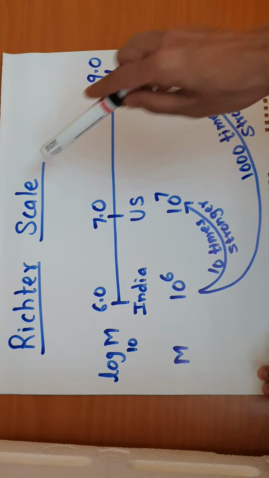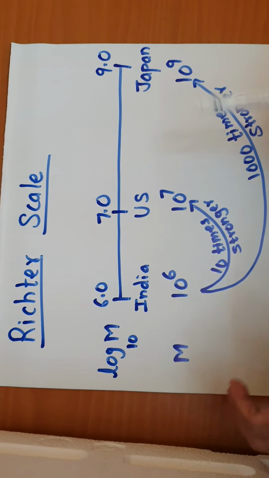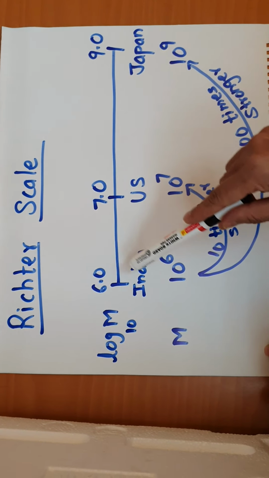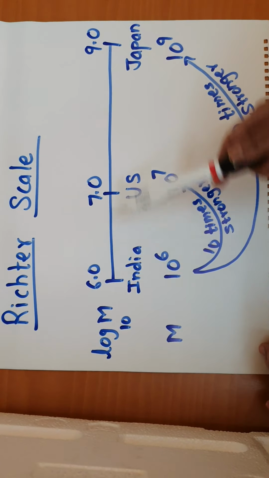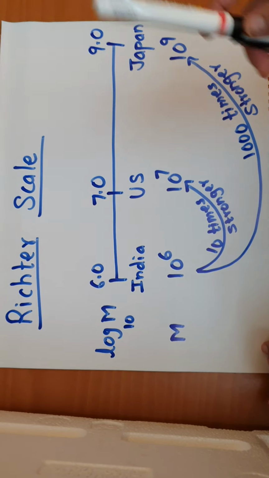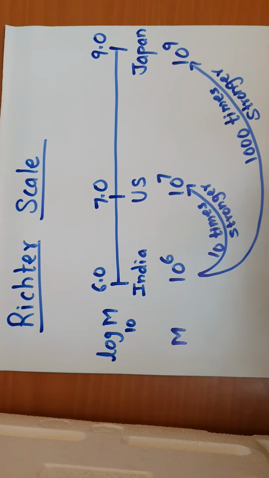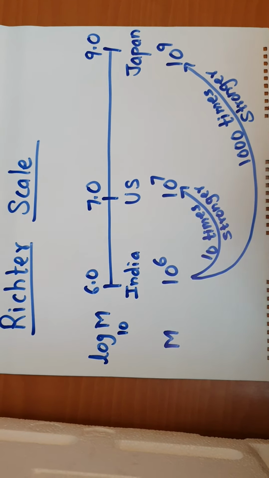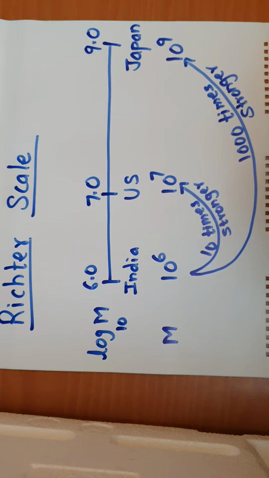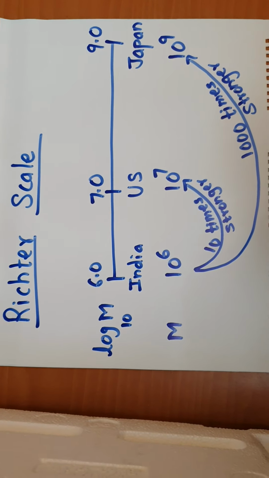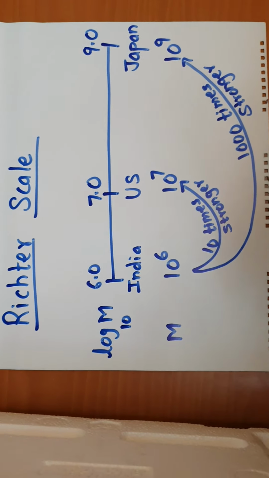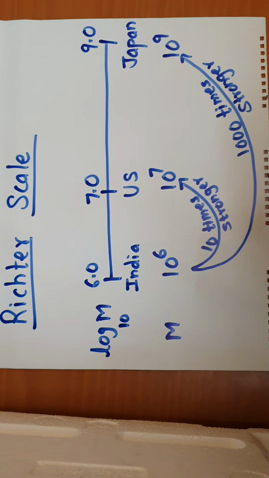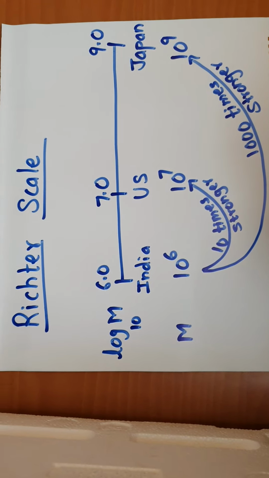So this way the Richter scale allows us to write these huge earthquakes on a smaller scale. We can denote the numbers 6, 7, 8, 9, very small numbers, on the Richter scale, and we can get the actual picture of the earthquake. I hope it is clear to you. Today we discussed all the sums in which we use log to the base 10. In the next class we'll discuss some applications where we use log to the base 2 or log to the base 3. Thank you.